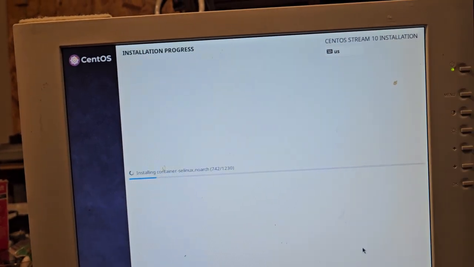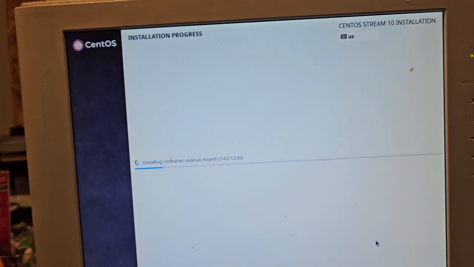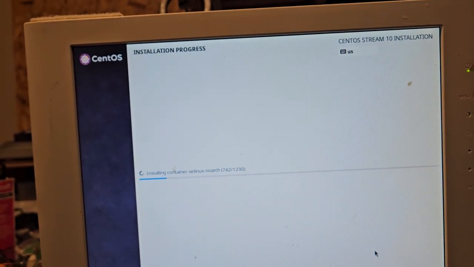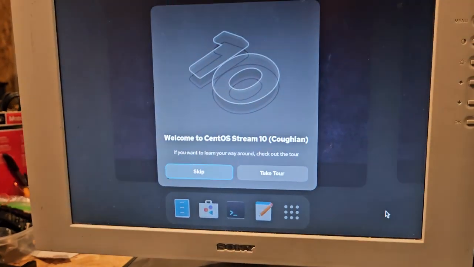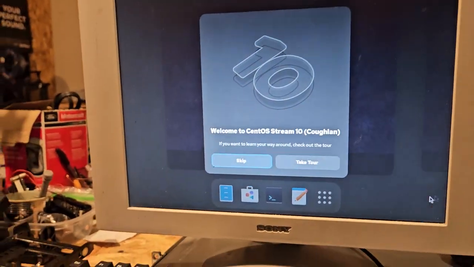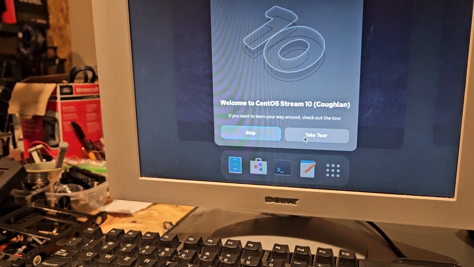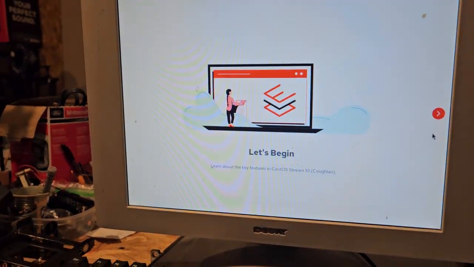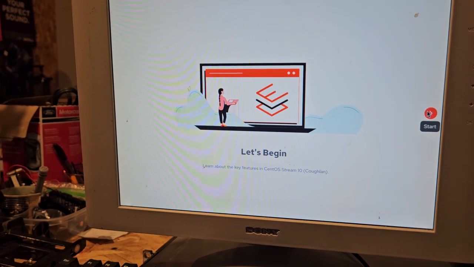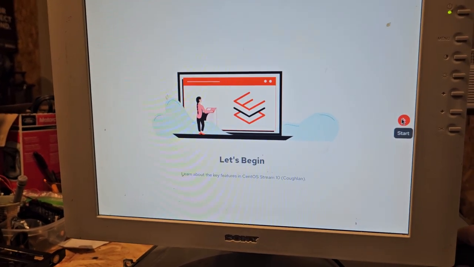So anyway, this is going to take probably quite a while. And I've never used CentOS. I don't know. I think it's kind of a form of Red Hat, but I'm not sure. All right, we got it up and running. It looks like we will not have to. Oh no, we will. Okay.